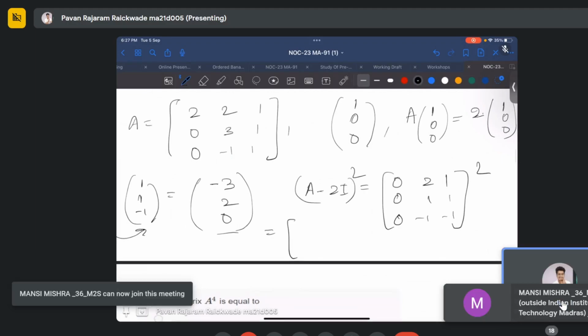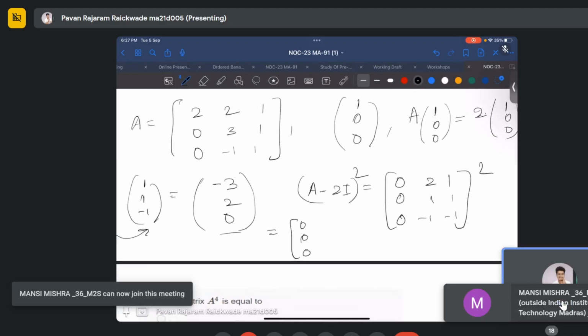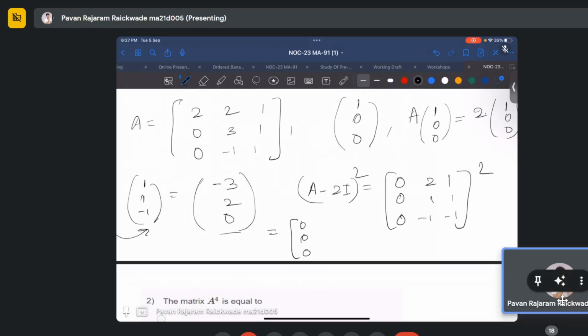If I do this, the first column will be as it is, then 2, 1 minus 1. So 2 minus 1 is plus 1, minus 0, minus 1 is 0, then 1, 1 minus 1. Same thing. I hope I'm correct. Yeah. This is A minus 2I squared. Okay. Now if you